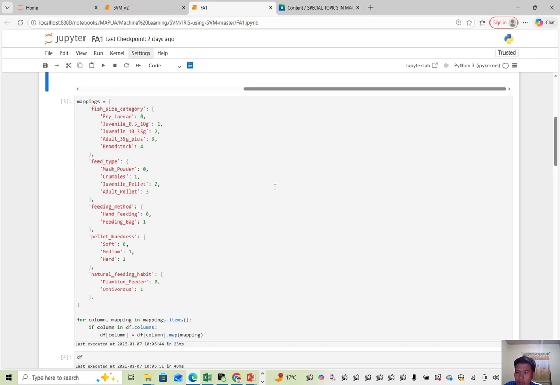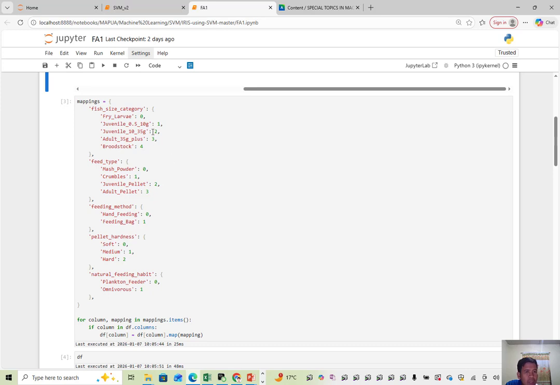SBM works by finding optimal hyperplanes and calculating distances between data points, operations that require all inputs to be in numerical form.